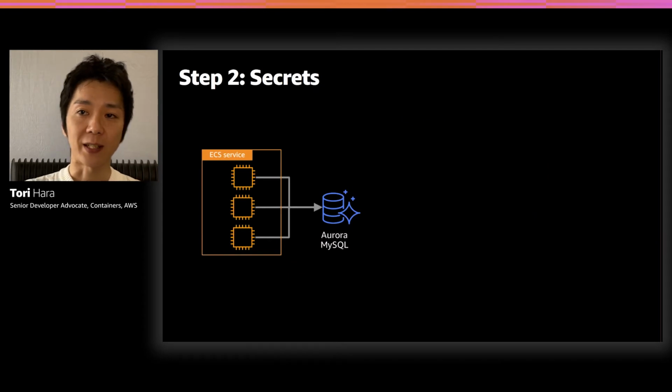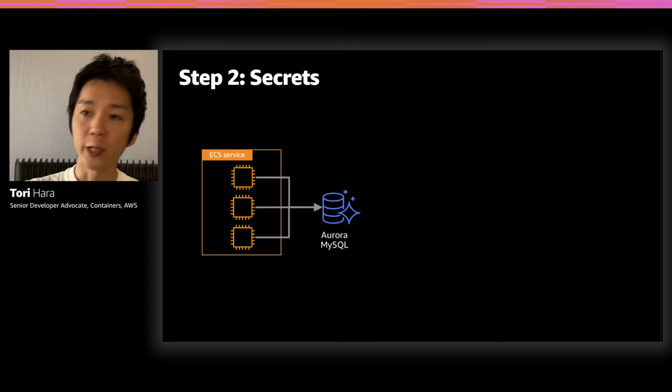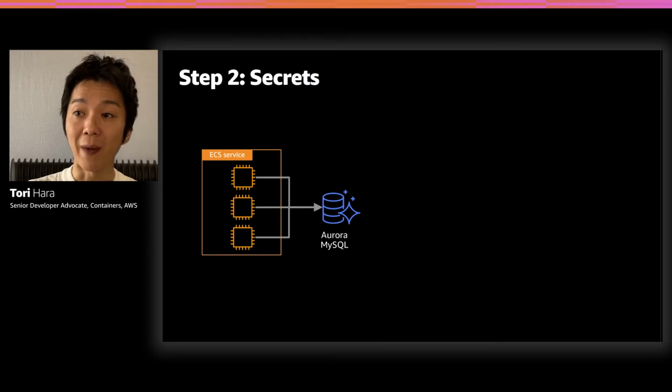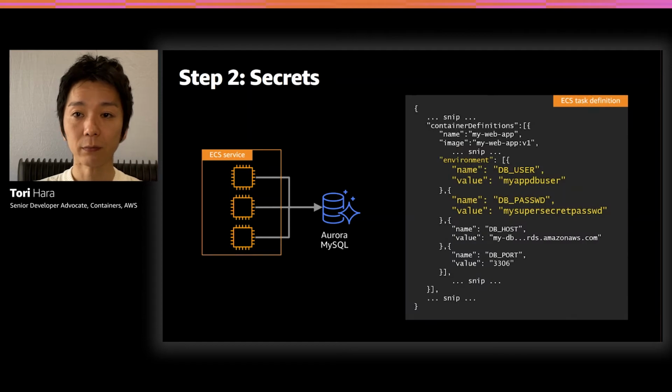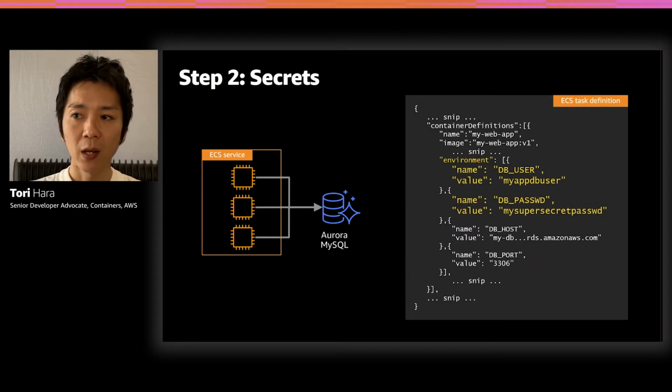So the ECS tasks use a database. So this means the tasks are using credentials for accessing the database. Classic. You've heard from your teammate that they are passed by environment variables to the tasks. So let's take a look at the ECS task definition here. Oh, look. The credentials are actually on the environment variables. But this is,